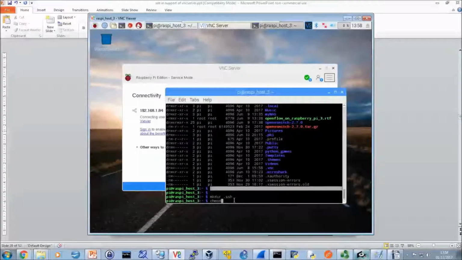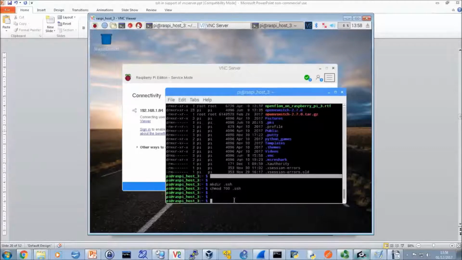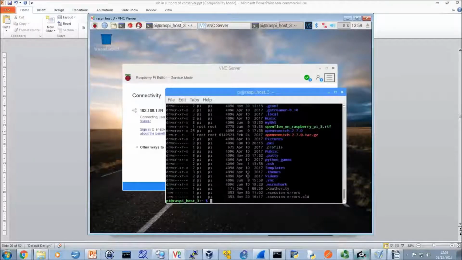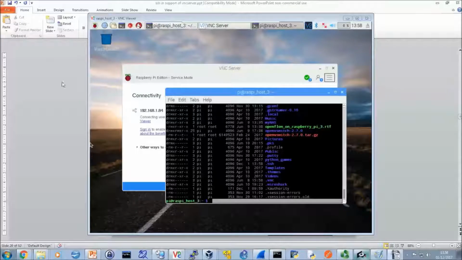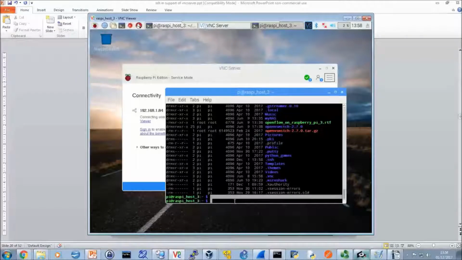We own it, so let's chmod it to 700. Okay, and now we should be able to see it. ls -al style, and there it is, directory 700 owned by Pi, so owned by the system itself. That's fine, that's good. Right, now what we're going to do is create a key pair, so that's using SSH